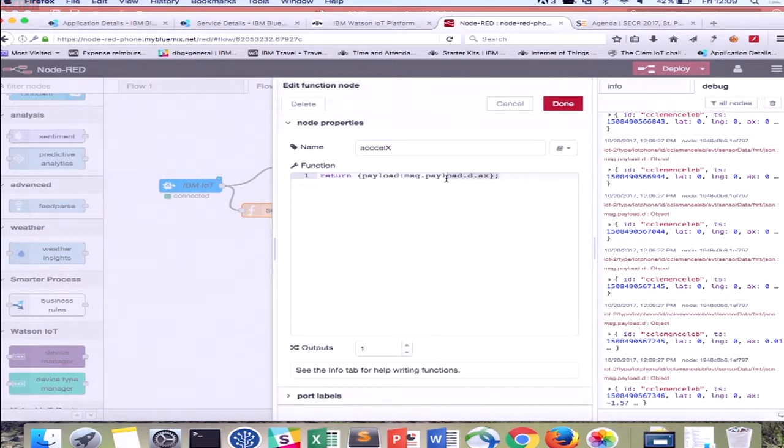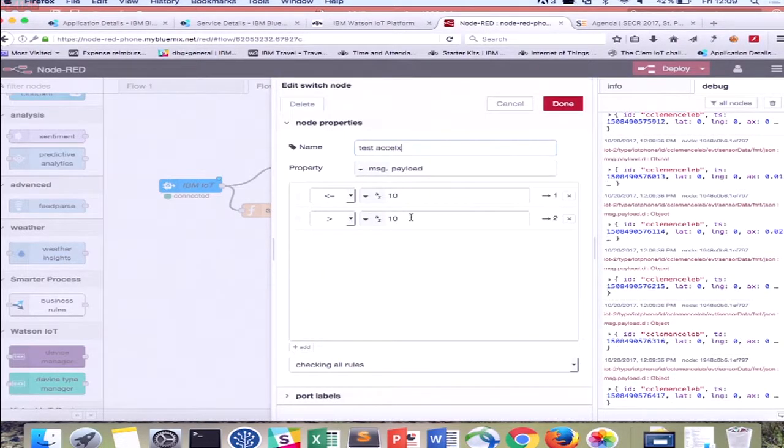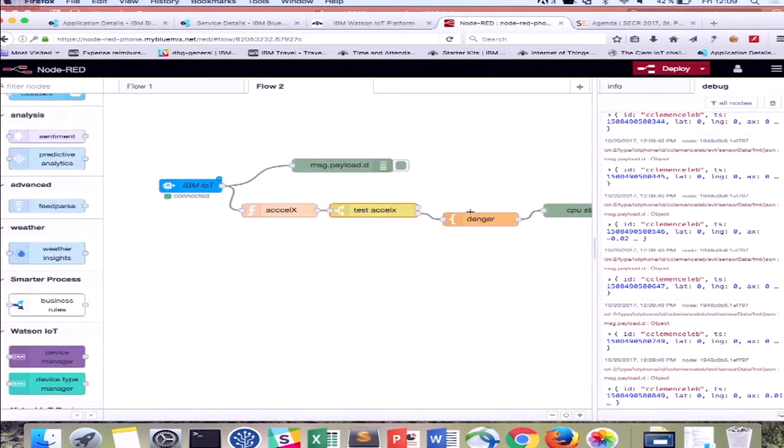It's taking the accelerometer sensor. I'm just taking the X value, and then I can test if it's up or down from 10, and then I will, for example, send an error message. For example, if it falls down, I can send it to an email or a text or whatever.